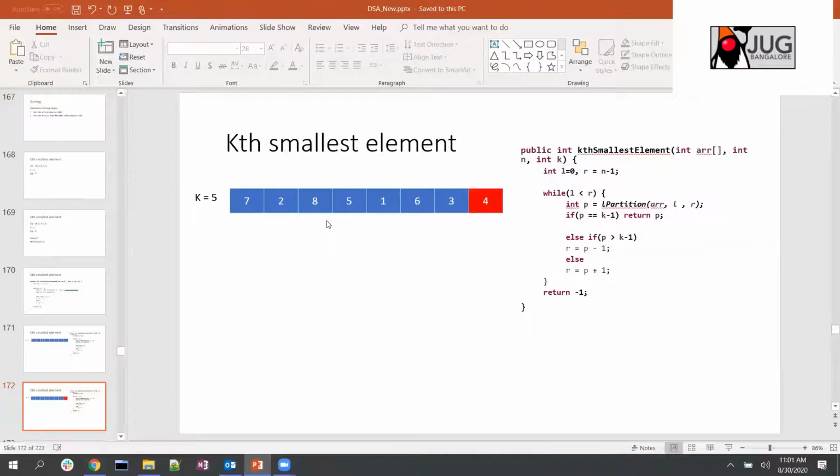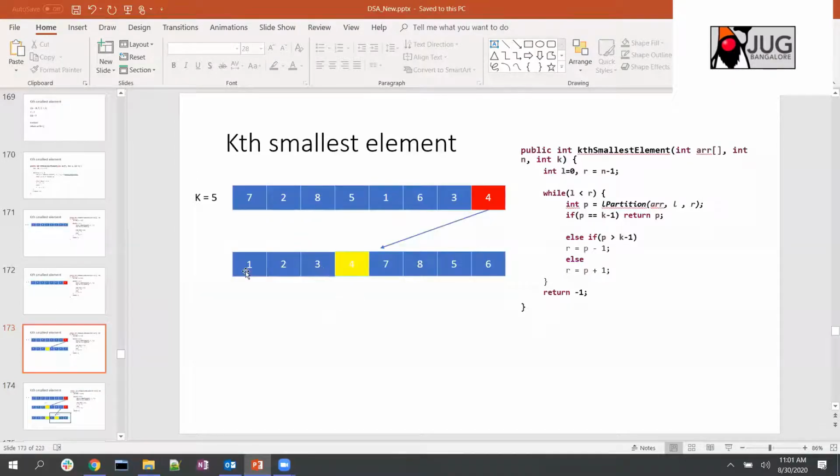So for example, in this case, let's say your pivot is 4, and you are finding the k smallest element. What you do is, after partitioning using Lomuto partition, you will have 4 here, and to the left of the 4 all the elements lesser are on the left side, and all elements greater are on the right side. So basically you got 4 placed, right? And you need to find k equal to 5, which is the 5th smallest element.